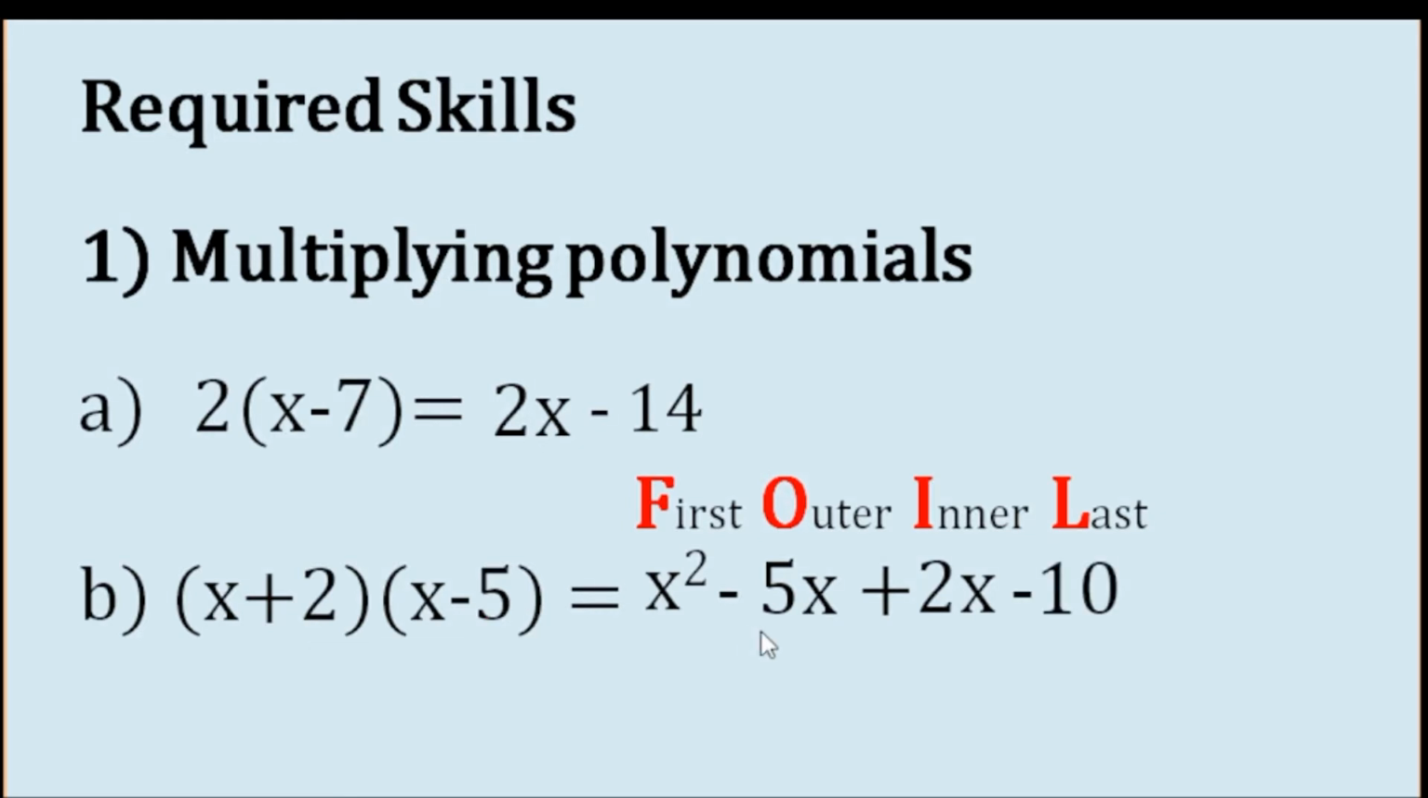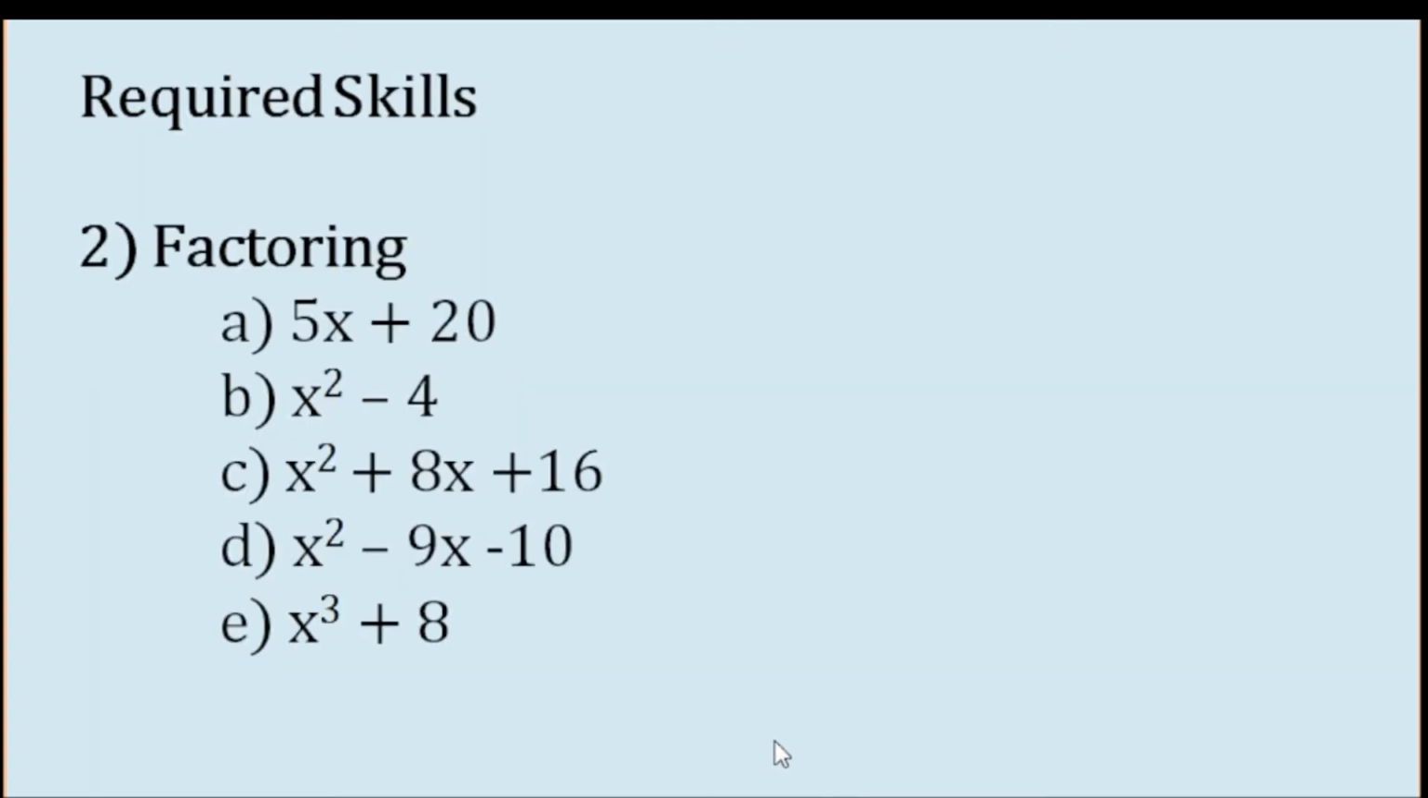We combine negative 5x plus 2x, that gives us negative 3x. So that means our answer is x squared minus 3x minus 10. Now, factoring polynomials. Here, if you are going to factor a polynomial that contains a common monomial factor, we will actually